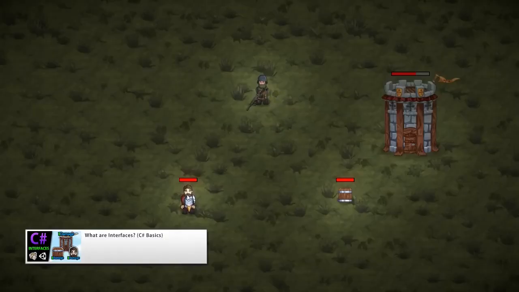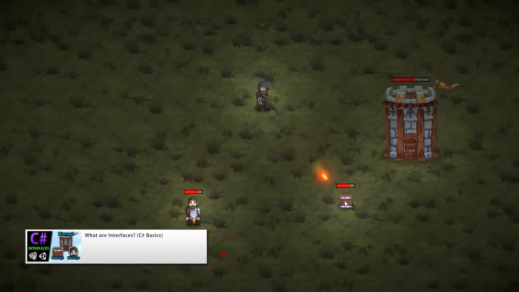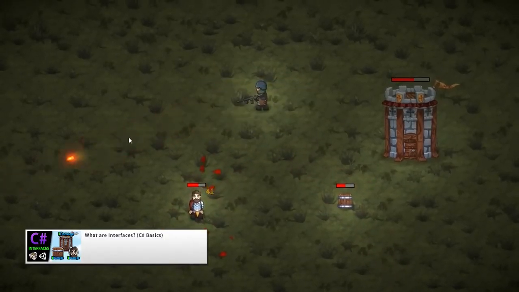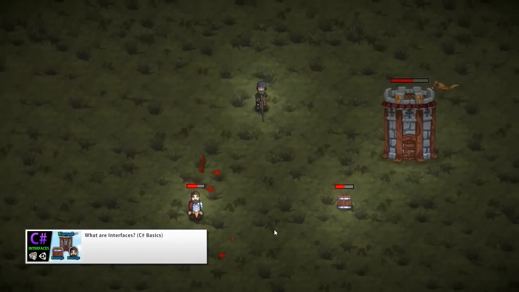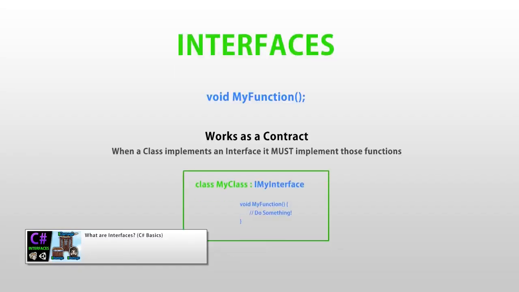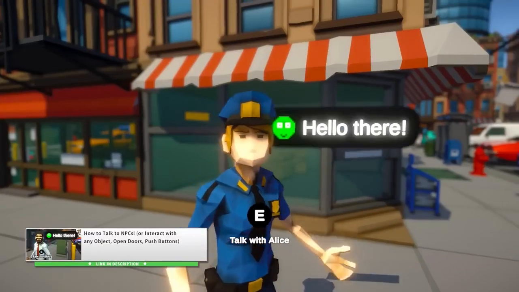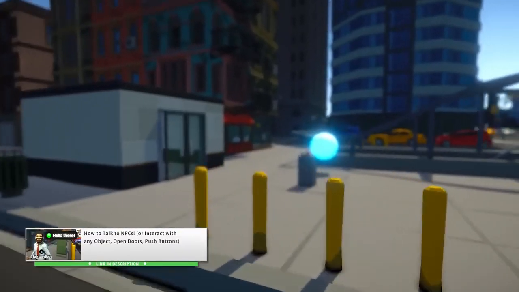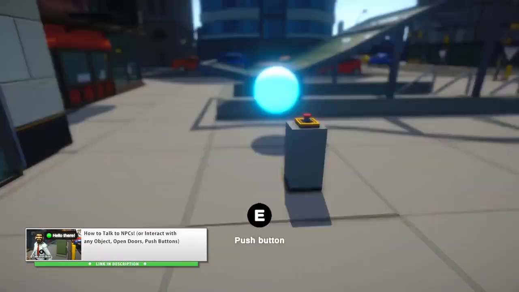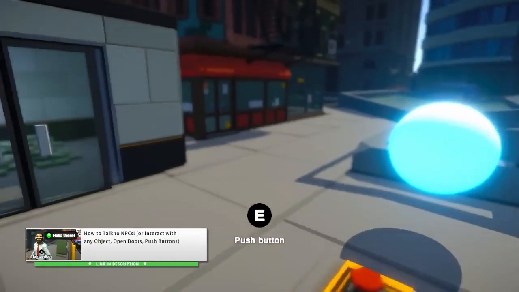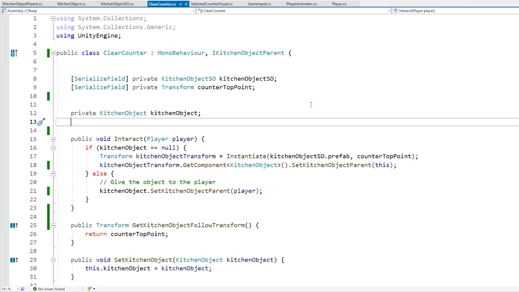Definitely go ahead, pause this course for now and watch a dedicated video on them. You should be very familiar with interfaces. They will help you in making all kinds of systems and games. If you want to see a clear example of the power of interface, you can go watch my How to Interact with NPCs video. That video takes advantage of interface to make sure that the player can interact with any kind of object. All right, so thanks to interface, we can now change the parent of the kitchen object and put it on either a counter or the player. Now in the next lecture, let's make a